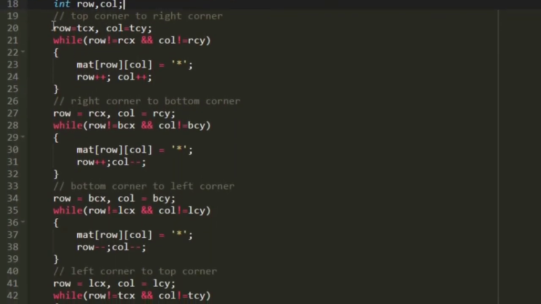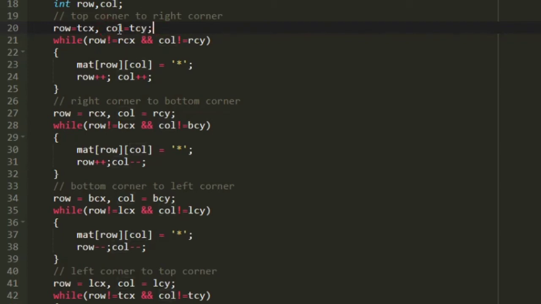So we are going to start from the top corner and we need to reach the right corner, and we are going to update all the characters that are present in between with asterisks. So we need to store the starting, that is row variable related with top corner, that is tcx. So we will store that value in the variable row, and then the column value related to top corner is tcy. So we will be storing that in the variable col.